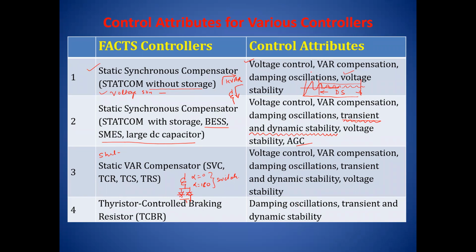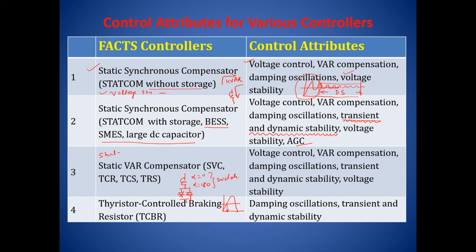During a transient condition, what happens? We can connect a braking resistor to avoid the power becoming 0. When you go to the equal area criteria, I think you have learned this. If a fault occurs at that point, the power goes to the 0 value, isn't it? And when the power goes to 0, the mechanical input is the same, whereas the electrical output is 0, and the generator accelerates. To avoid the generator accelerating, we can use the braking resistor